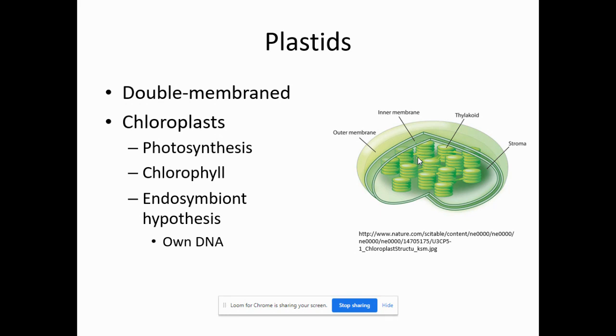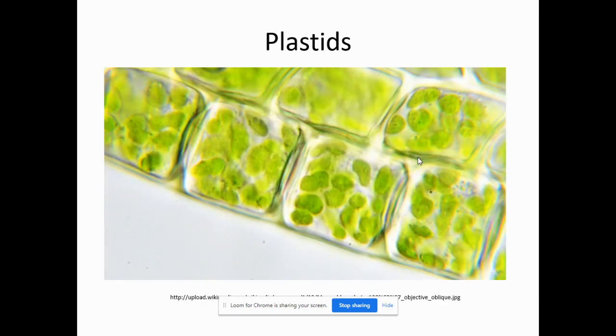So millions of years ago, a photosynthetic organism was basically taken in by another cell, and it basically became a part of the cell over time. All right, so here's a photo, and all these green circles are chloroplasts that are housed within these squared plant